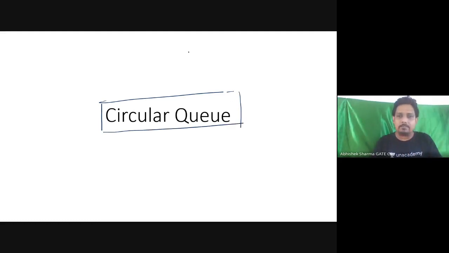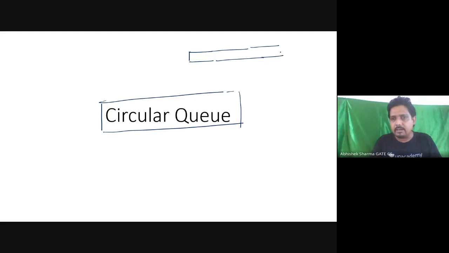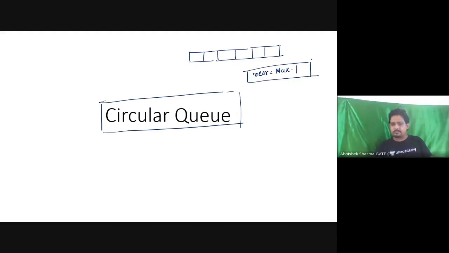So rather than treating this entire thing as a consecutive sequence of elements, and fixing rear equal to max minus 1 as my case of full, this won't work.